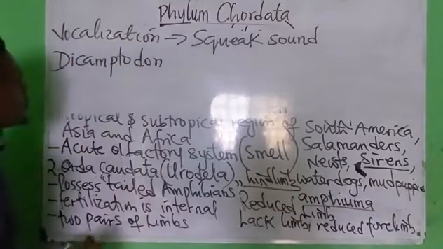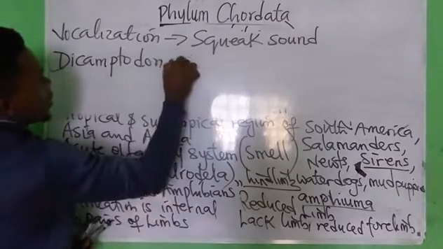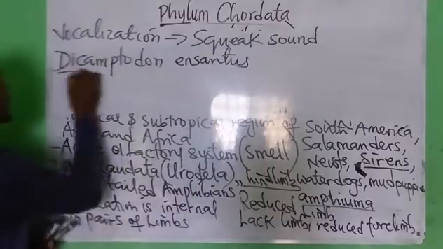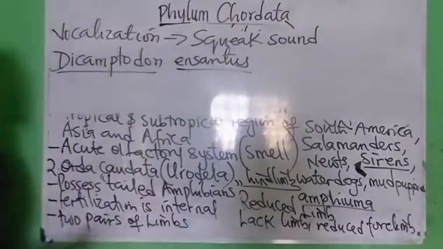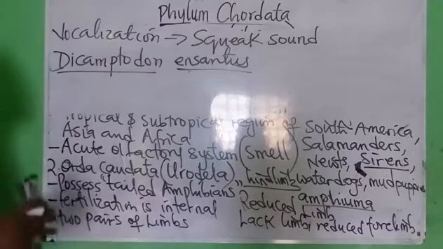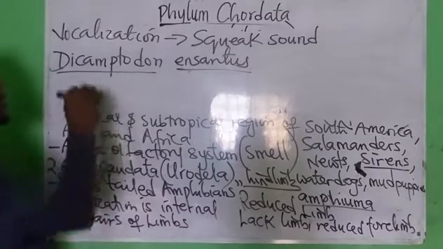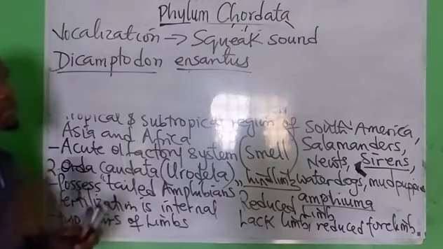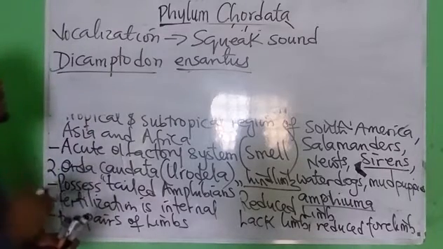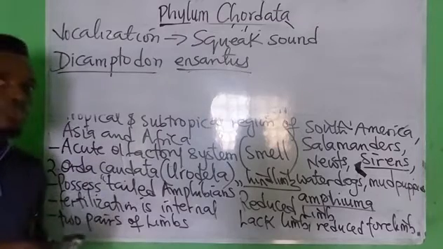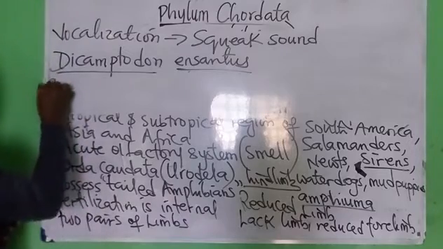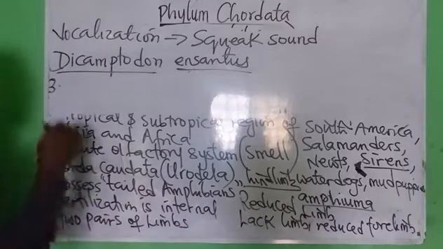Dicamptodon ensatus. All right, the Dicamptodon ensatus has the ability to produce sound. It is the only known chordate that can undergo vocalization. It produces a squeaking sound when disturbed. All right, please take note of that. The only chordate that can produce sound. Take note of that. The third order under class Amphibia is order